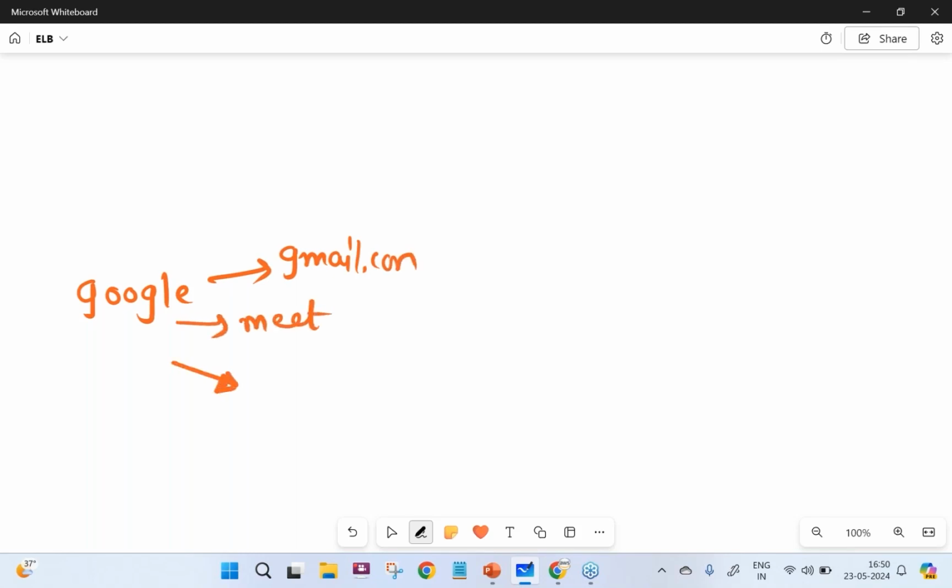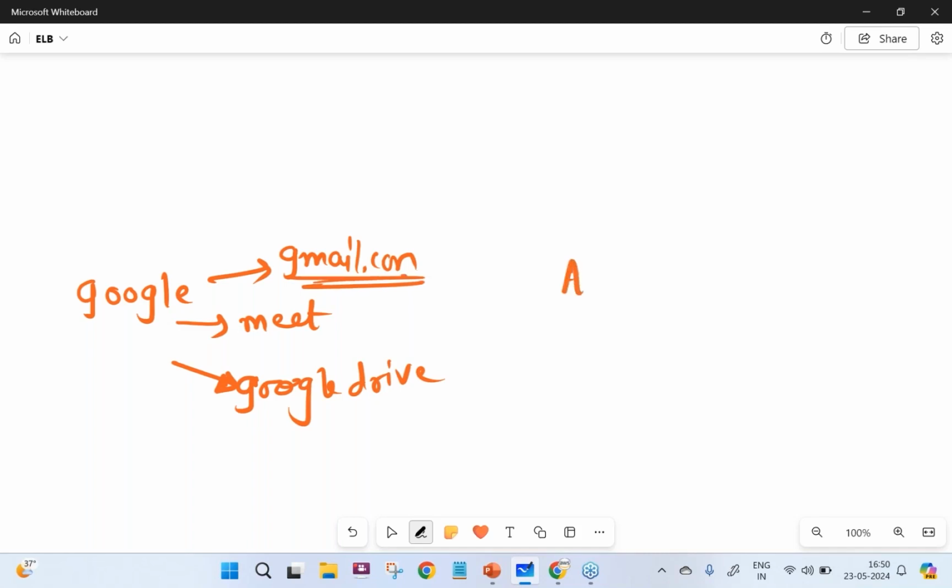So let's say I am hosting an e-commerce web application, or let's take an example of Google. Google offers gmail.com. It also helps us create Google Meet, and store data by uploading it to Google Drive. Let's say I am accessing gmail.com.